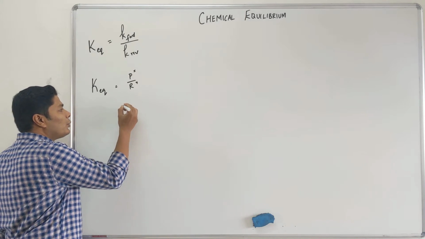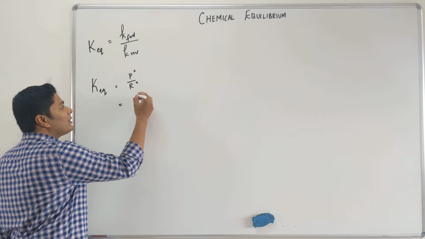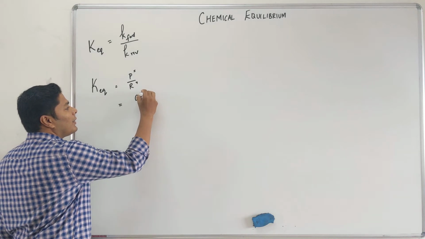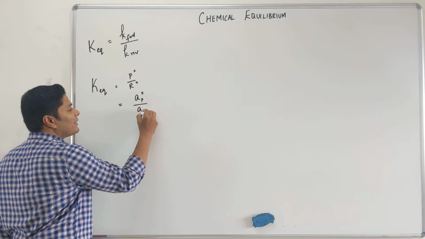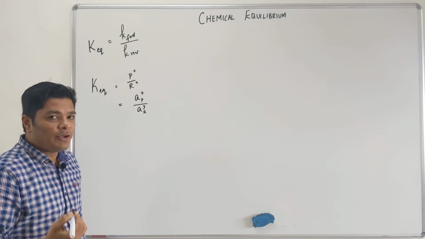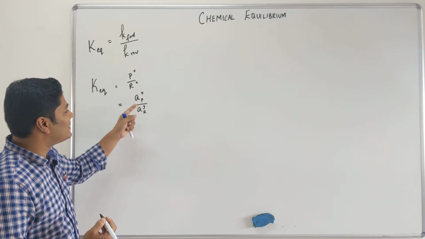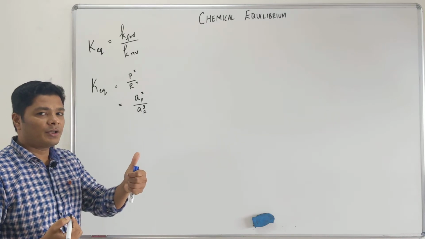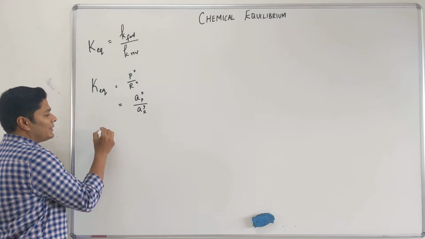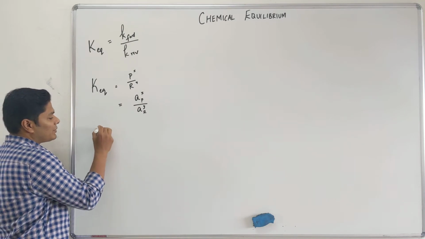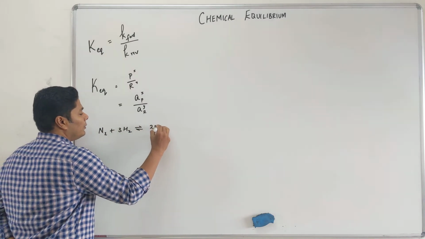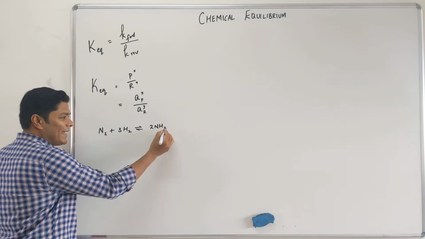Okay. The correct way of writing it is K equilibrium is the ratio of active mass of product raised to the corresponding coefficient divided by active mass of reactant raised to the corresponding coefficient. But active mass concept is not really in your syllabus. So what we can do is we can replace this active mass by either concentration or moles or pressure. We are going to see all of them. Okay, let's take a given reaction, for example, our common one, Haber's process, N2 + 3H2 ⇌ 2NH3. Okay, all of them are gases.